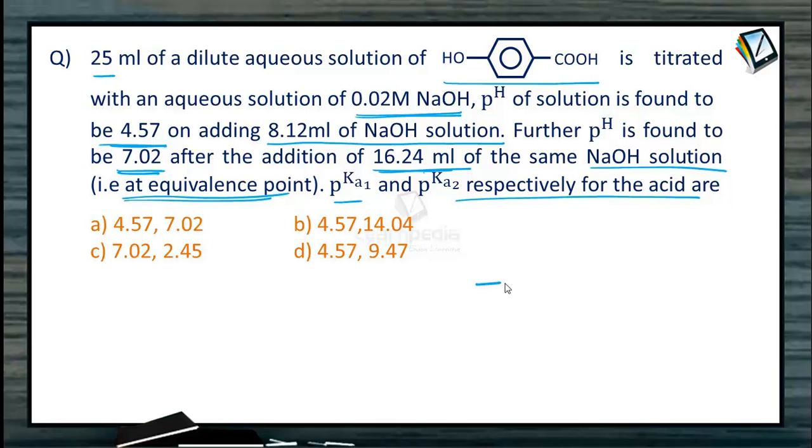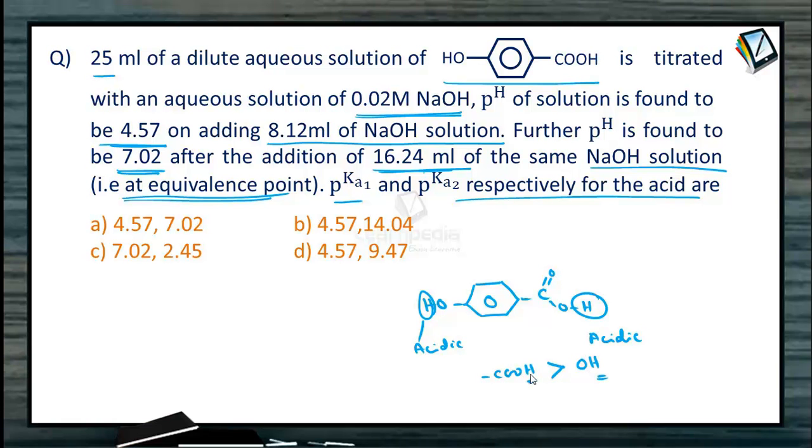So remember that here it is para-hydroxybenzoic acid, which is an example of a dibasic acid. This hydrogen is acidic hydrogen, active hydrogen. This hydrogen is also acidic hydrogen. And the hydrogen of the COOH group of the acid is more acidic than the hydrogen of the OH group. So in the first neutralization of this para-hydroxybenzoic acid with NaOH, this H will react with OH minus rather than this. So the first neutralization reaction that takes place is